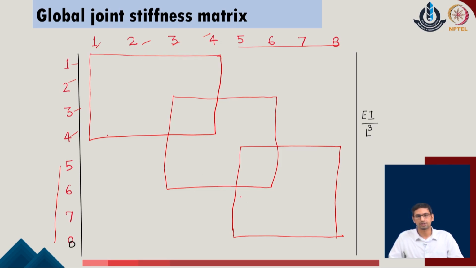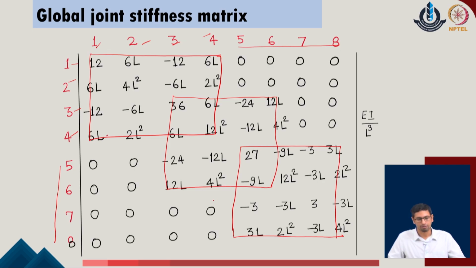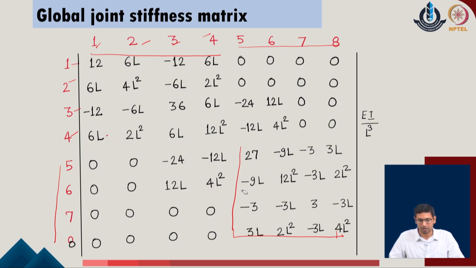Once we are done with all these contributions added in the given system, we can say that this is how the overall stiffness matrix will appear for the given problem, the standard stiffness matrix defined for the given system. So, I can generalize that this is the stiffness matrix identified with respect to all the degrees of freedom 1 to 8 in the given problem, and it has been assembled by taking the contributions of the stiffness for member 1, member 2 and member 3 in the global coordinates.